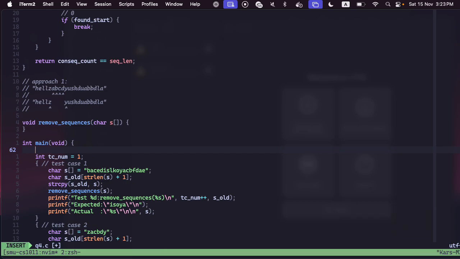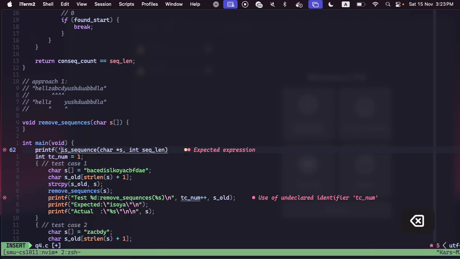And for those in the class that I TA, I have always shared before, the reason why I recommend you write functions is so that you can test it. So I can do printf %d is sequence,